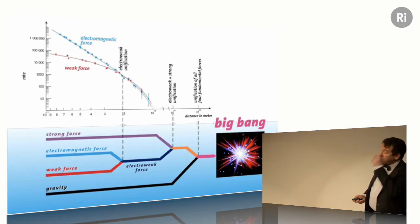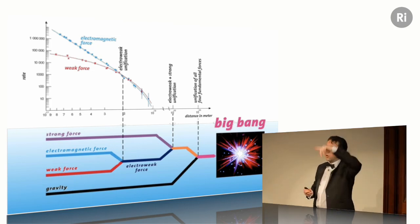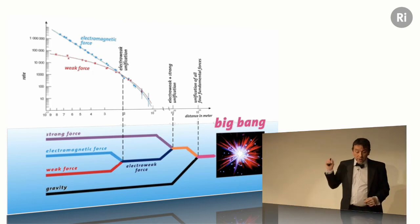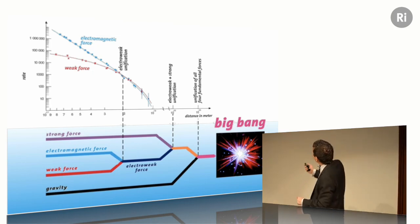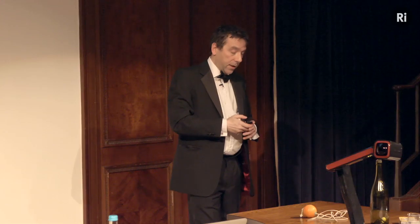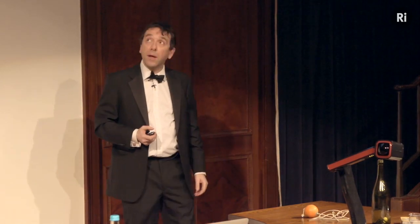Now, there are two forces, the weak force and the electromagnetic force. And this is another one of these scattering cross-section plots, like the LEP one that I showed you with the bump. This comes from an experiment in Hamburg that I did my PhD on, in fact. What this experiment did was collide protons and electrons together, which don't annihilate, they're completely different particles. It's almost like a big electron microscope studying the inside of the proton, and it did a lot of that. It really taught us a lot about how